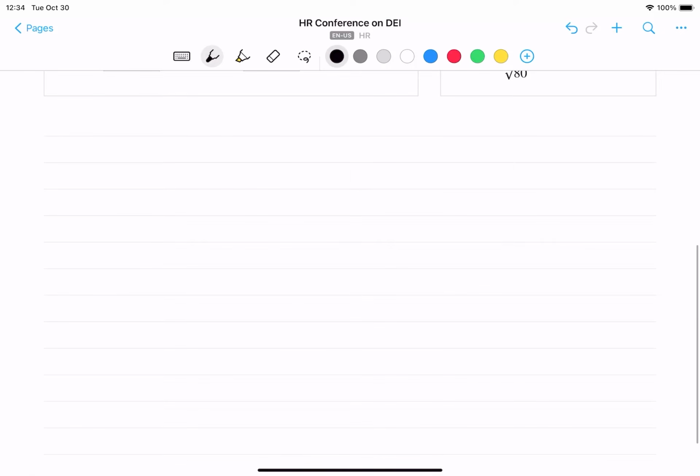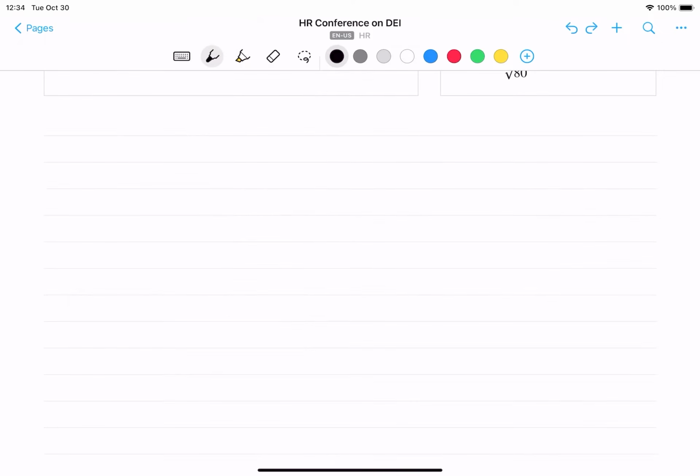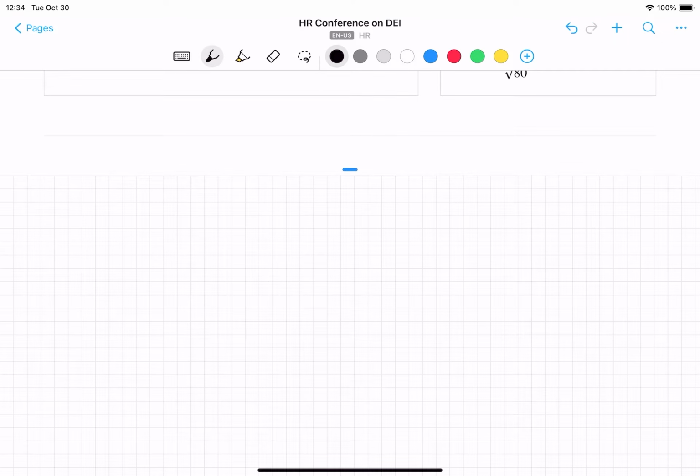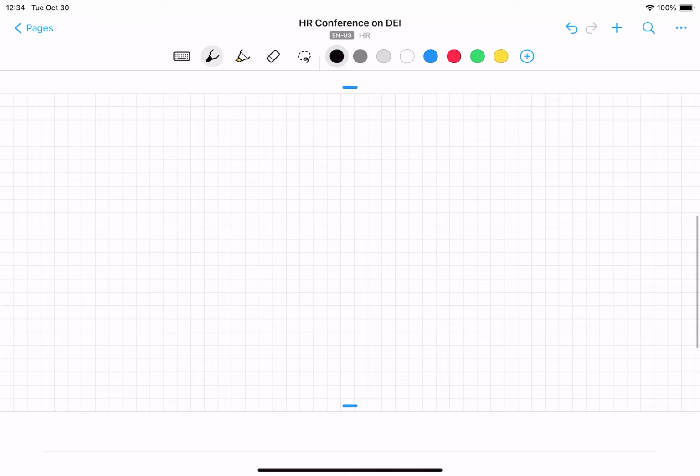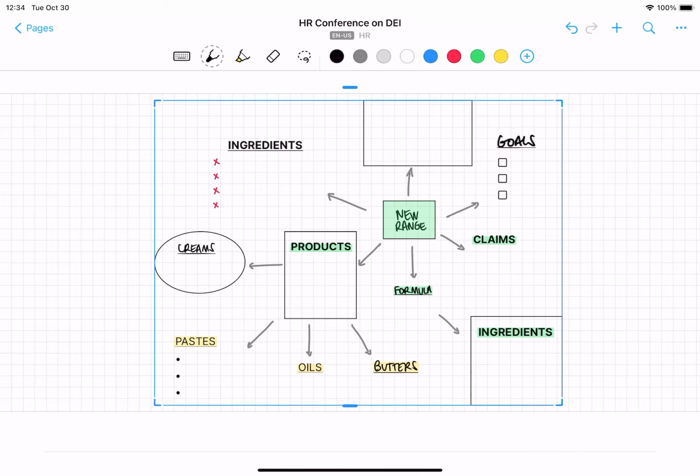To insert a note section into a document, double tap on the screen to display a menu, or tap plus in the toolbar, then choose Note. Alternatively, draw a horizontal line from one side of the page to the other. Note sections offer the same features as Nebo Notes, except that they are width limited with no zoom feature.